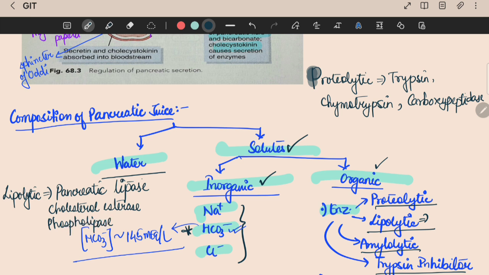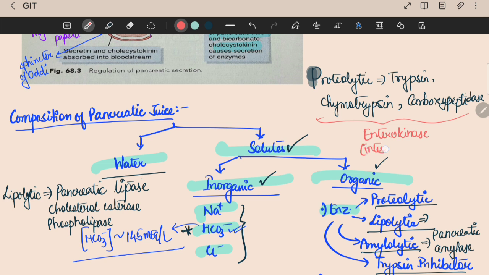And then under amylolytic, we have the pancreatic amylase. And now talking about the trypsin inhibitors. Whenever there is synthesis in the pancreatic cells, trypsinogen is produced, then chymotrypsinogen, pro-carboxypeptidase. These are basically the zymogens, that is the inactive enzymes that are produced, and they will only be activated when they are secreted into the intestinal tract, that is when they reach the duodenum, and they are activated by the enzyme enterokinase. Remember this, that they are mainly activated by a particular enzyme, that is enterokinase, and enterokinase is